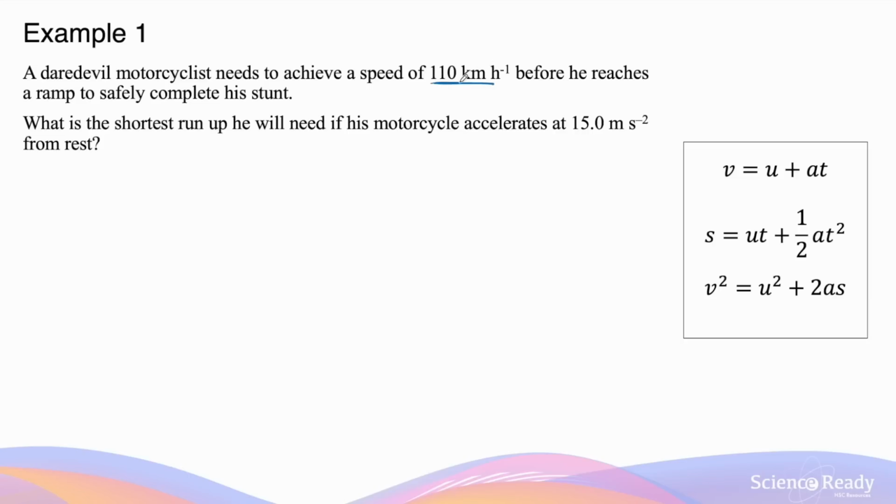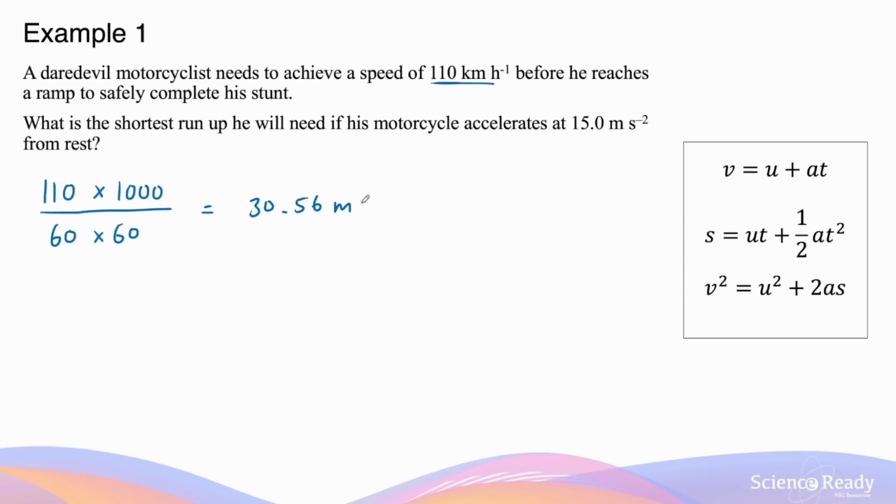First thing to notice is that the maximum velocity to be achieved by the motorcyclist is given in kilometers per hour. We need to first convert this into the SI unit of meters per second. So, 110 kilometers is equal to 110 times 1,000 meters, and there will be 60 minutes in 1 hour and 60 seconds in 1 minute. So we'll have to divide this by 60 minutes in 1 hour and divide it again by 60 for 60 seconds in 1 minute to get to per second. This gives us a maximum speed of